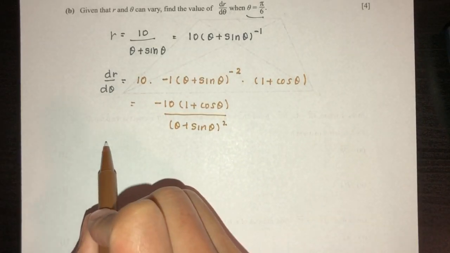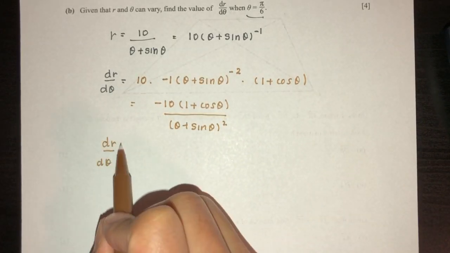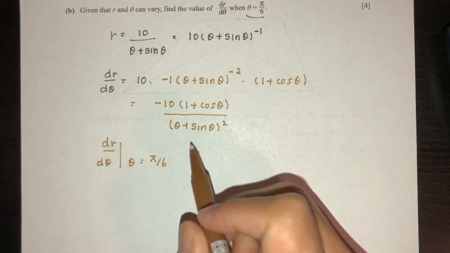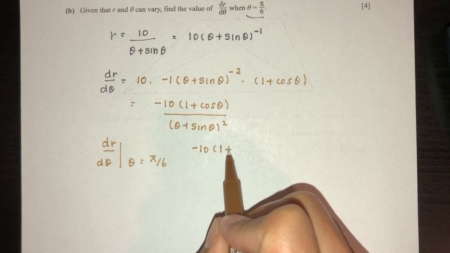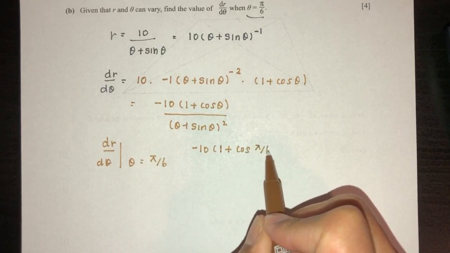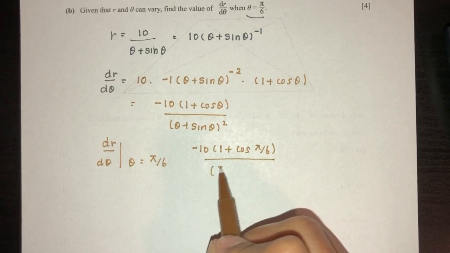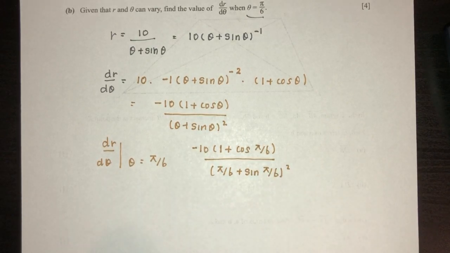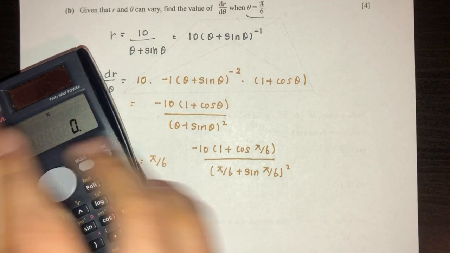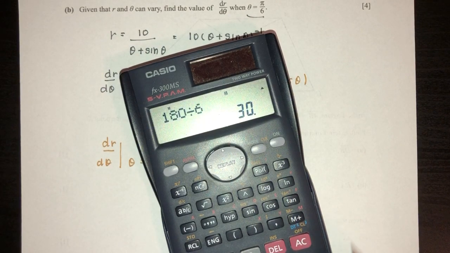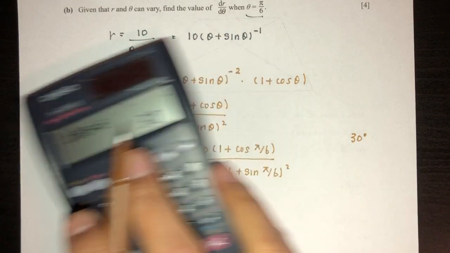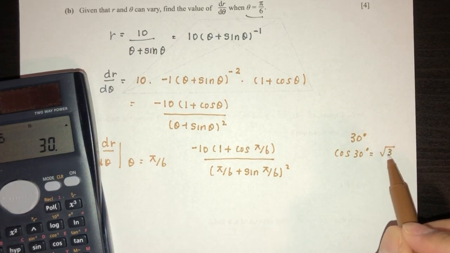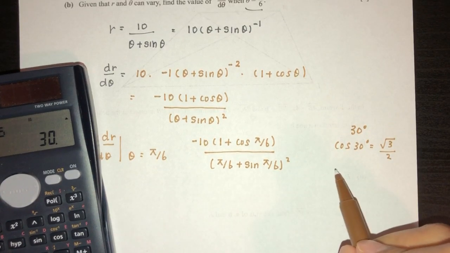So basically we have to find dr by d theta when theta is equal to pi by 6. Replace back in the equation. So we have minus 10, 1 plus cos pi by 6 over (pi by 6 plus sine pi by 6) squared. So let's see. You guys must know already, pi is 180, divided by 6 is 30 degrees. So 30 degrees. Here we have cos of 30 degrees, exact value of root 3 over 2. And sine of 30 degrees